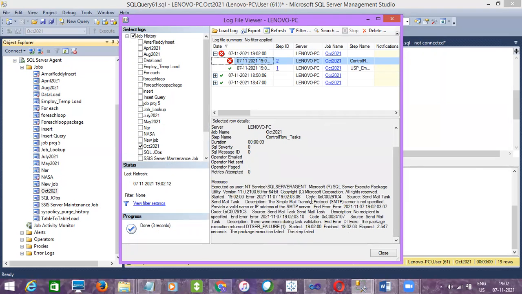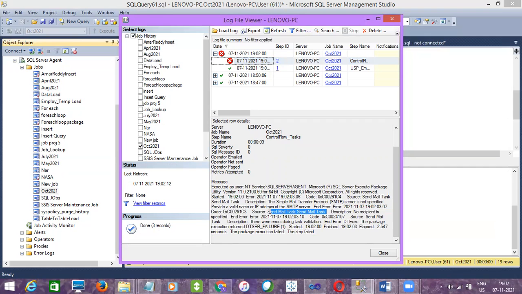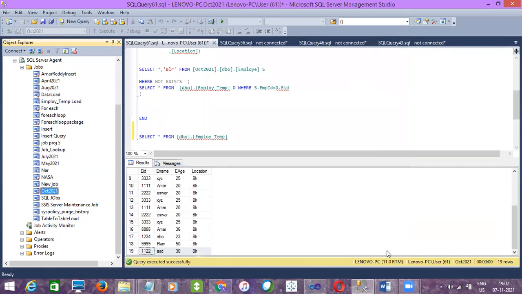This is the error message. The simple mail time is not specified. I think we have used it here. You can see there were errors during task validation. What is it saying? Not specified, validation IP address. Send mail task. See here. Yeah, send mail. Already we have an error in that. So we should